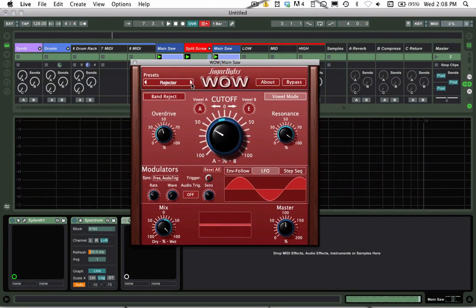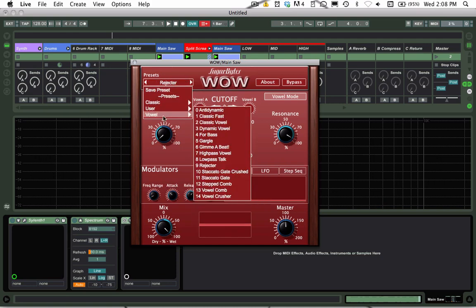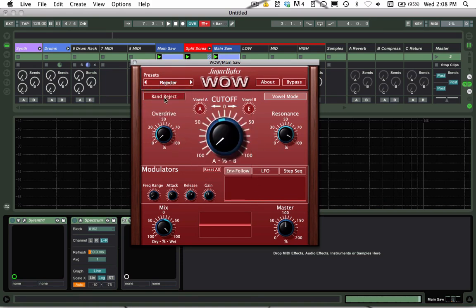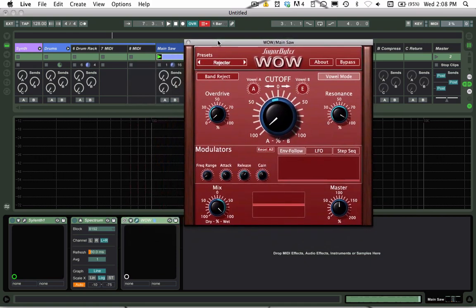So basically, I know a lot of people have been doing this, but if you go into the presets menu and you go to vowel, and you go down to the 9th one, which is rejector, or actually it's the 10th one, but labeled number 9. Turn on rejector, and what it basically does is it's going to act the same or similarly to if you had added a Redux, from a stock Ableton standpoint, to like a synth,